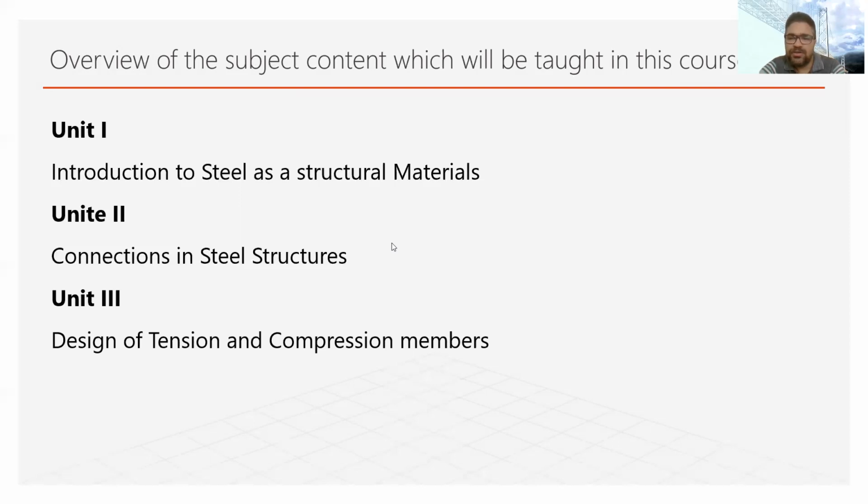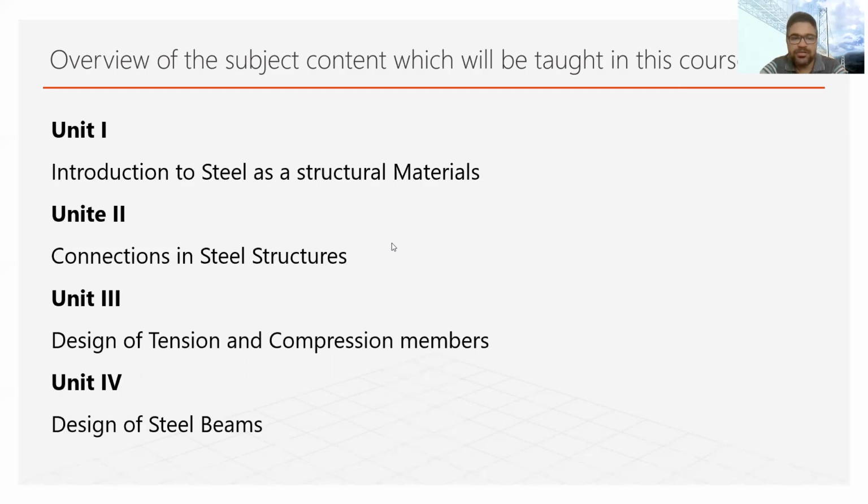Similarly, we will study compression members, application of various loads on compression members, their failure modes, their behavior under the application of compression load, which basically connects the concept of effective length and slenderness ratio. Design and analysis of compression members will be done using IS code. Also, we will design built-up sections using the lacing and batten systems.